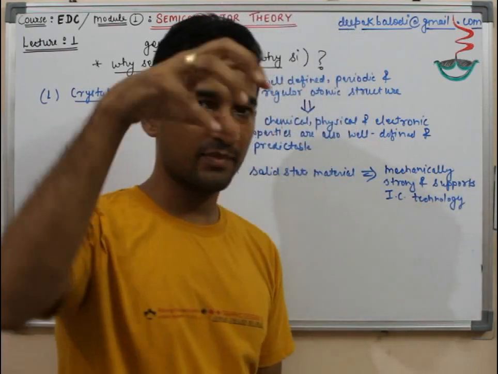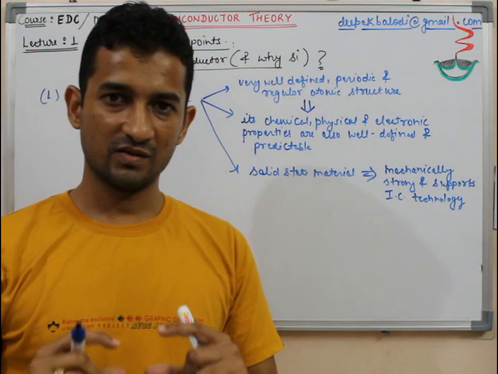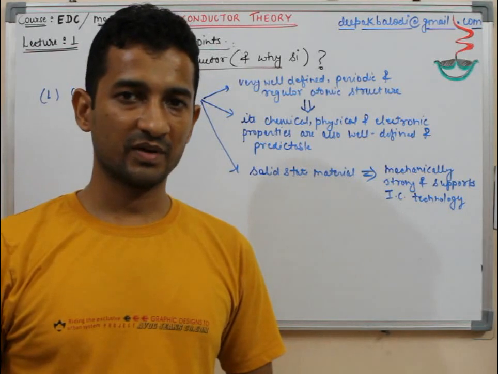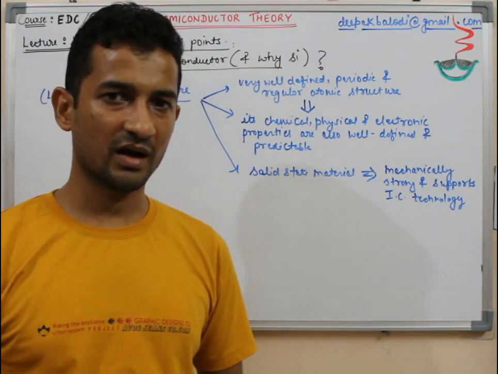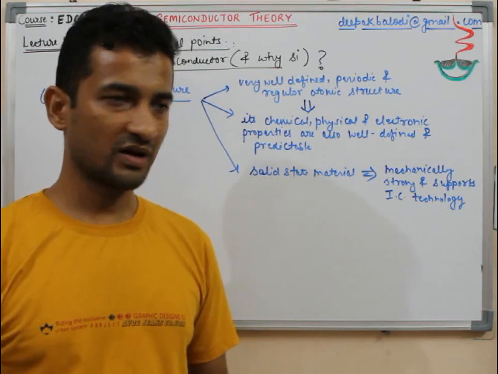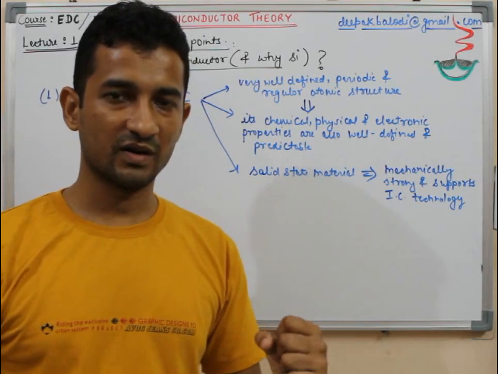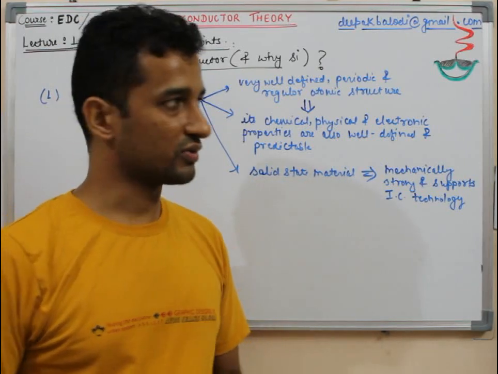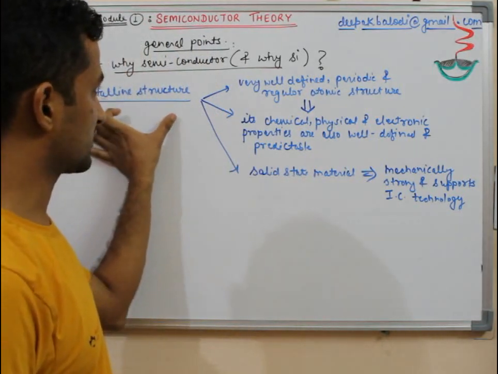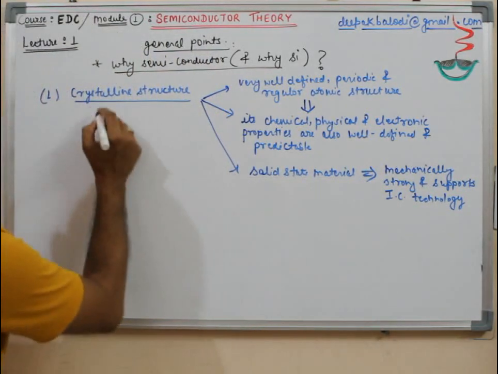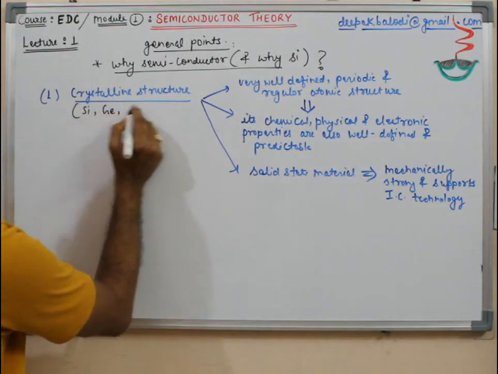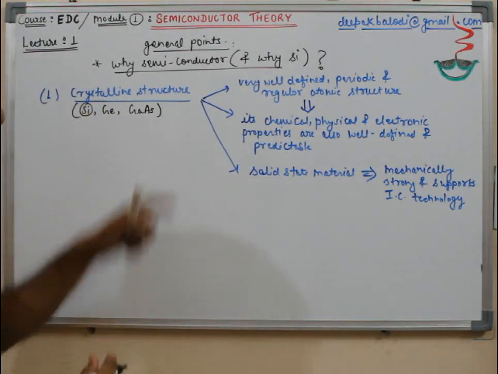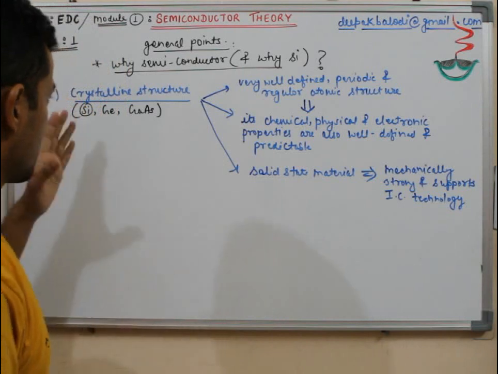So lots of processes are happening from the top, so we need some solid material into which we can dope something, which can withstand lots of pressures and temperatures. A lot of processing is happening, high temperature, high pressure or low pressure processes. So we need some material which is hard, very solid, and which also allows lots of chemical processes to happen within. That has been found only due to this kind of structure of the semiconductors, mainly, as I have said, silicon, germanium, and one very popular example is gallium arsenide also. So we are mainly focusing on this, but these two are also very popular examples. So this is the first reason, and